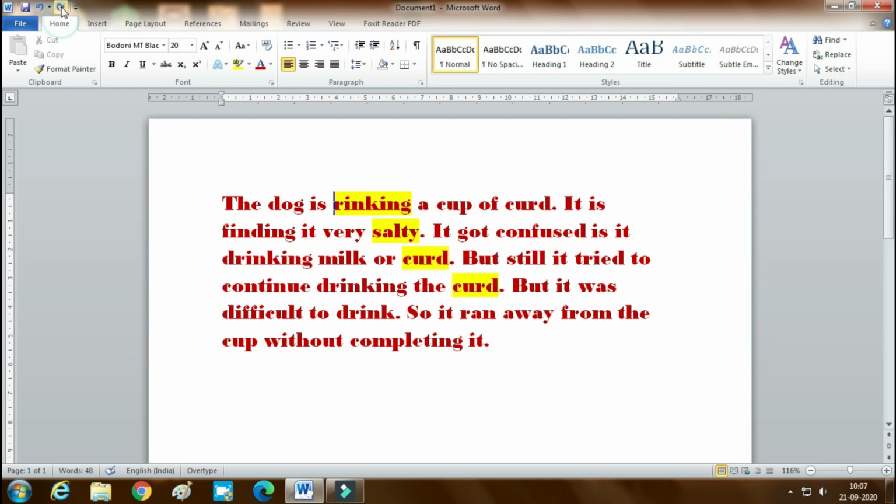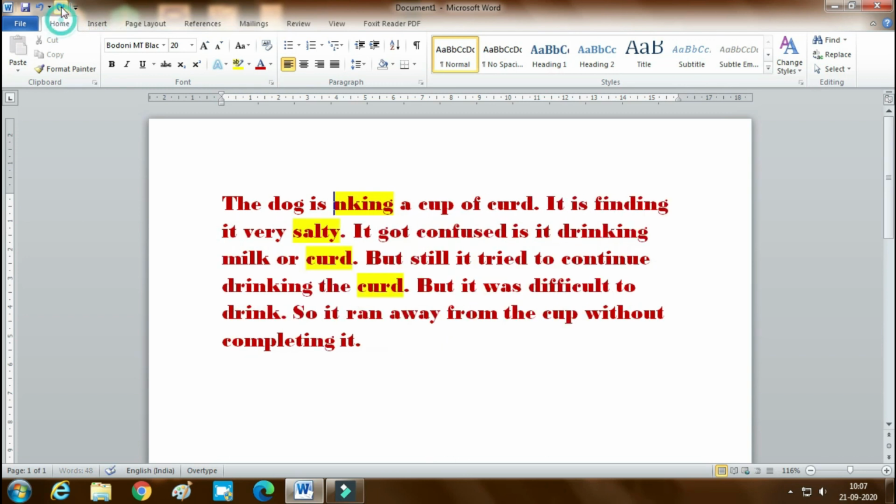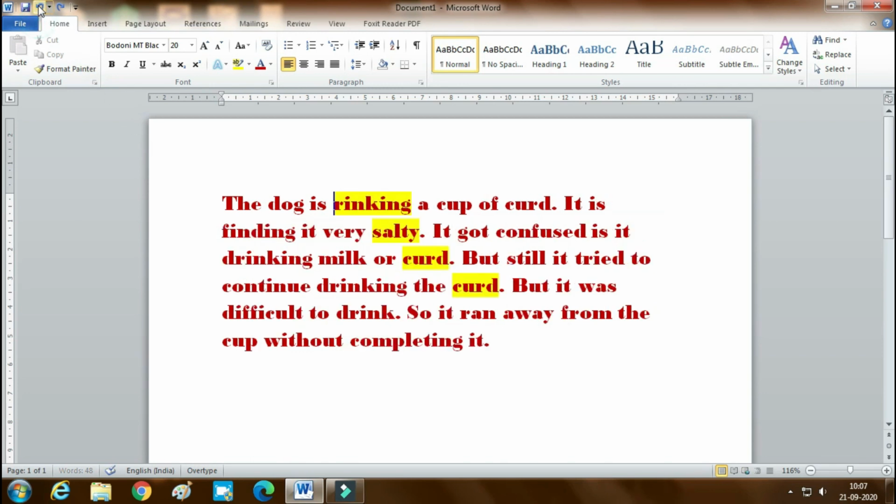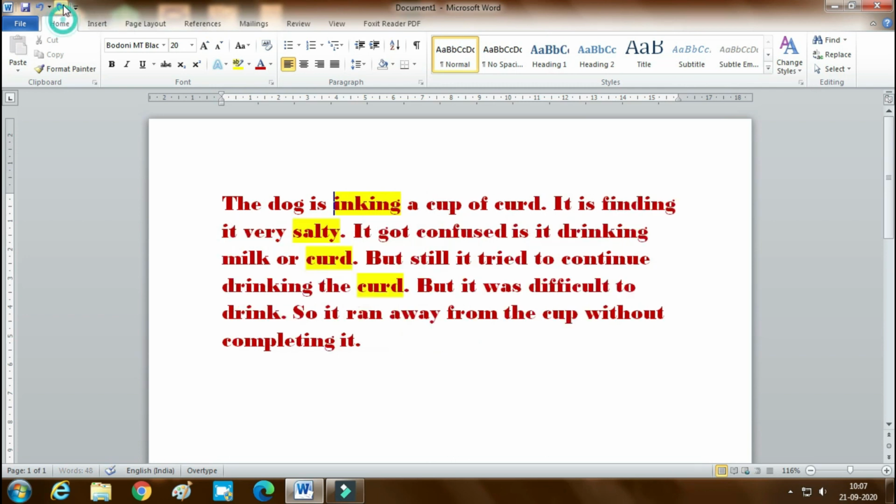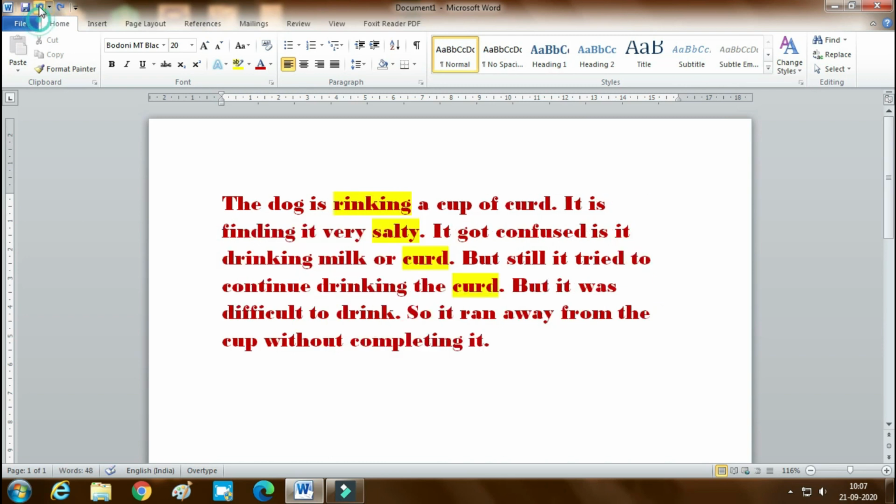Once again we shall do it. This is the redo button. Whatever has been deleted, undo brings back, and redo reverses it. Just observe what the undo does and what the redo does.